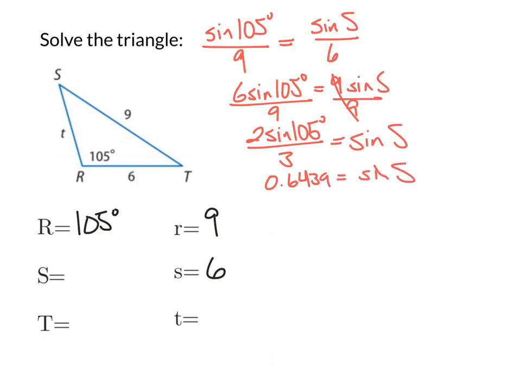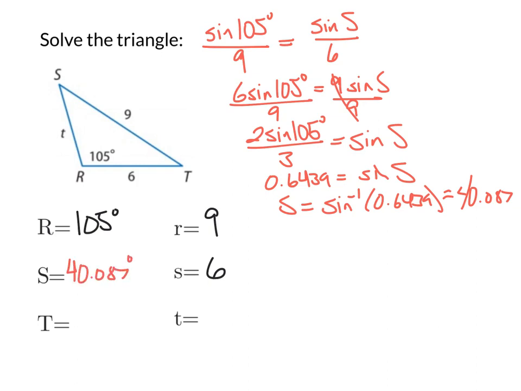Now remember, that's not S, that's the sine of S. To find out what S is, we're going to have to take the inverse sine of 0.6439. And of course, it's better to use the answer key on your calculator to get all of the decimals instead of just 4 of them. And we will get this angle to be about equal to 40.087. So that means that angle S is